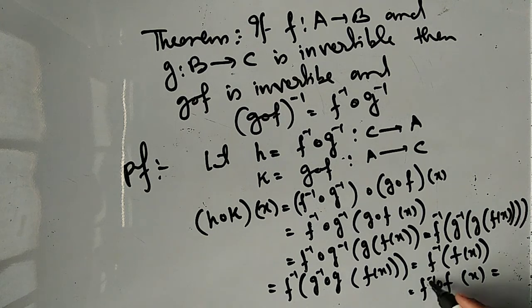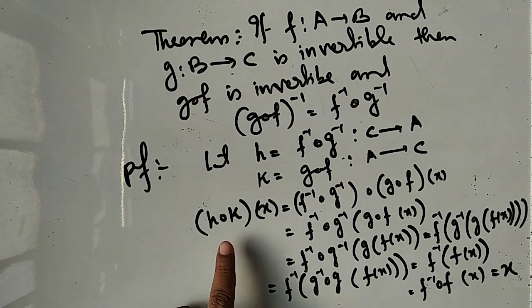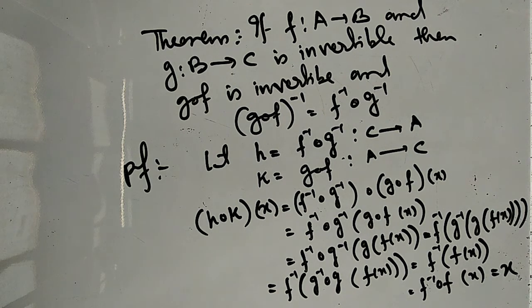So this is identity map, sorry. So this is x. So H o K is x. And x is taken from A. Therefore, this result is true for all x belongs to A. It means H o K is an identity map on A. Similarly, if we